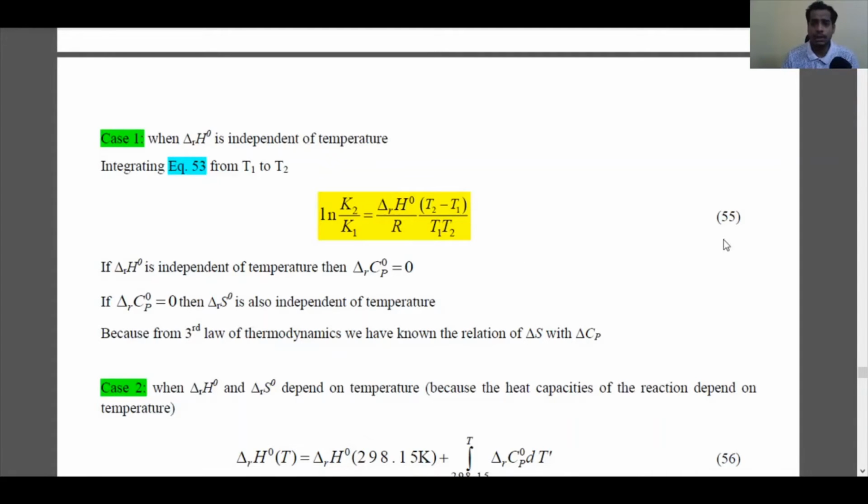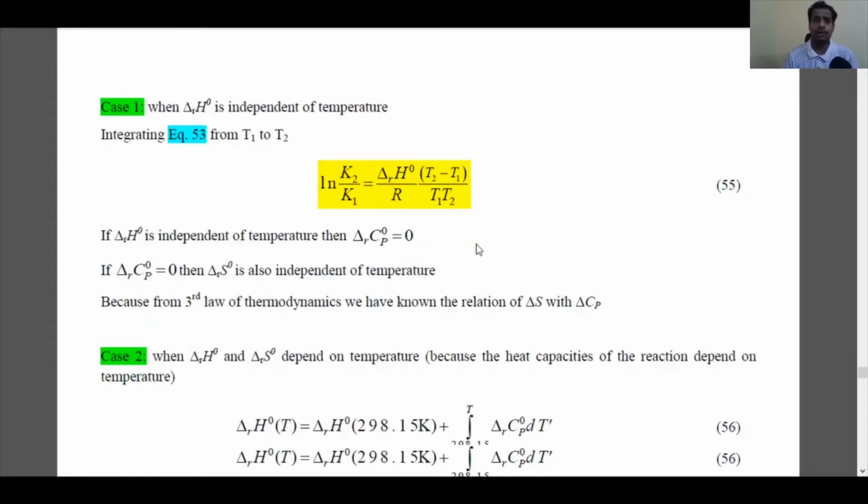Again, to obtain this equation 55, we have assumed that the reaction enthalpy at standard state is independent of temperature. Only when the reaction enthalpy is independent of temperature can this integrated form of the Van't Hoff equation be obtained. Now suppose our assumption is correct, that is, the reaction enthalpy at standard state is independent of temperature, then the